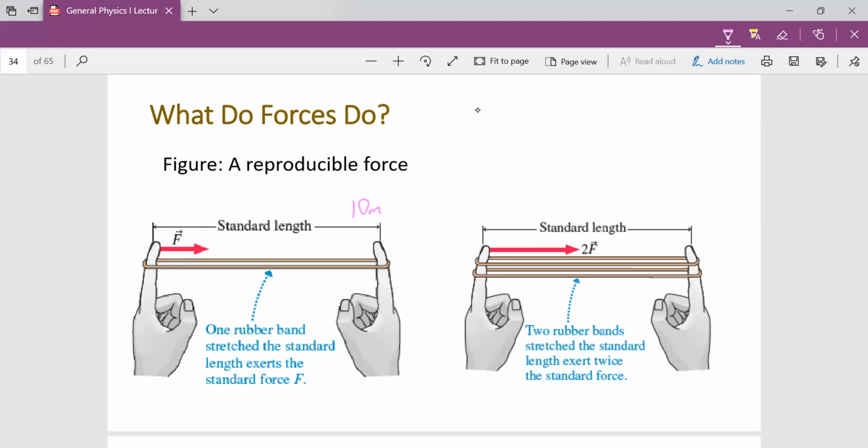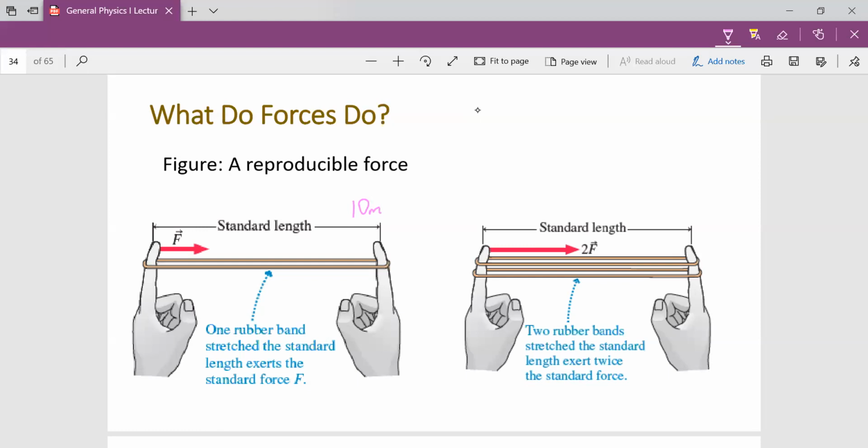Let's assume you have a rubber band, we've all seen a rubber band. You put a rubber band on your 2 fingers as shown in this figure. You make a stretch, you measure that stretch, say up to 10 meters, and you call that stretch the standard length. At that stretch, you begin to feel a kind of force that tends to pull your 2 fingers back together, that tension force on that rubber band around your fingers. Okay, so this force tends to pull it back.